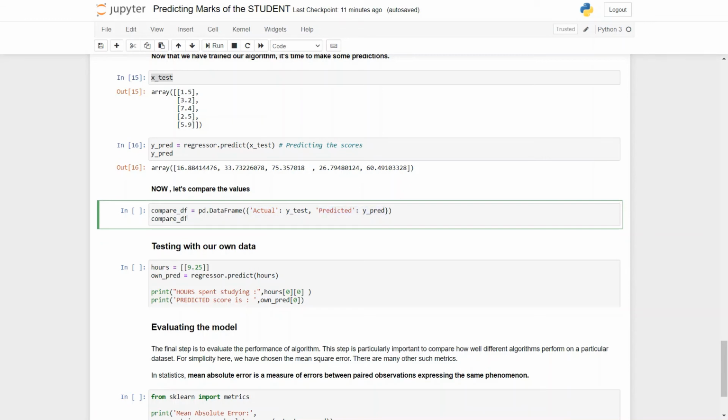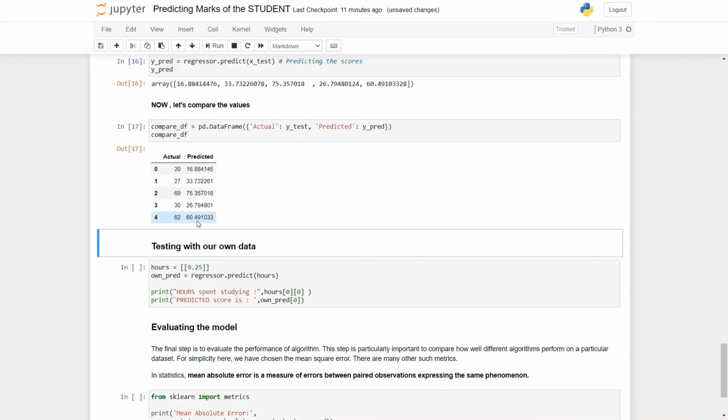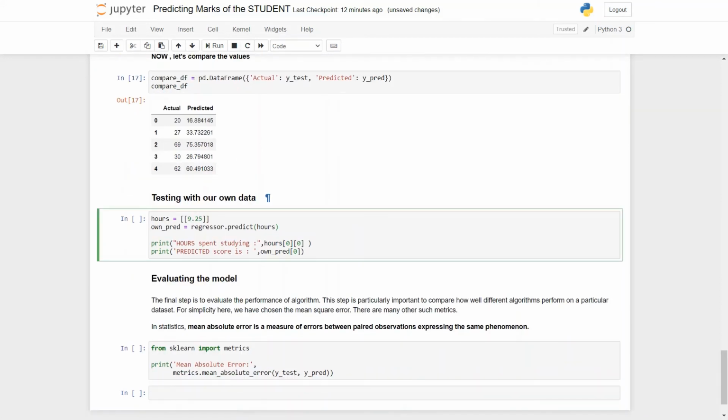So now let's display the data frame for comparison. And here you can make the comparison: 20, 27, 69, 30 and 62. These are the actual scores, and the predicted scores are like 16, 33, 75 something, 26 and 60 something. So there is some difference between the actual and the predicted value. It's not very accurate, but it's not pretty bad either. So let's move to the next task.